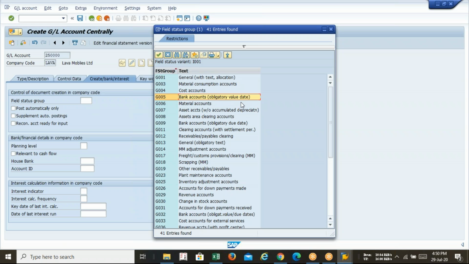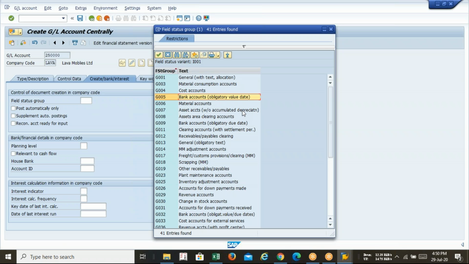Sir, what is the meaning of value date? Right now in India, whatever your bank, private, public, whatever, if you go through any bank statement, especially the current account, you will get transaction date and value date. So what is the meaning of transaction date? What is the meaning of value date? Next class, just give me a reminder. I will show you a practical bank statement so that you can easily justify the difference between the value date and your transaction date.